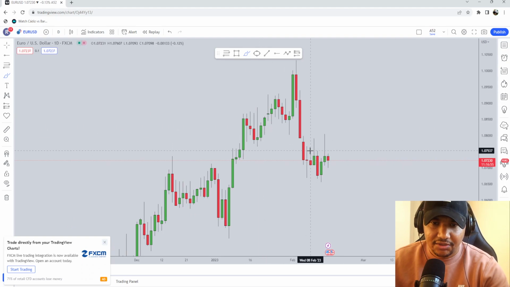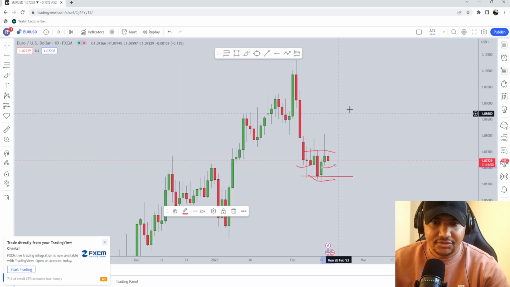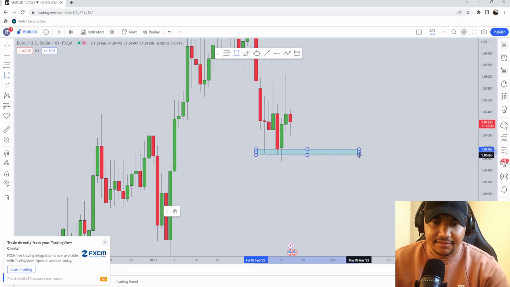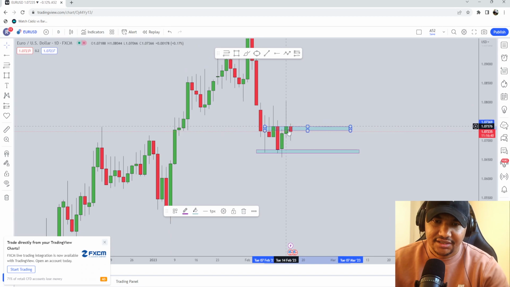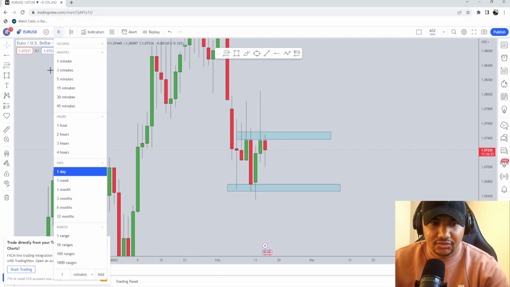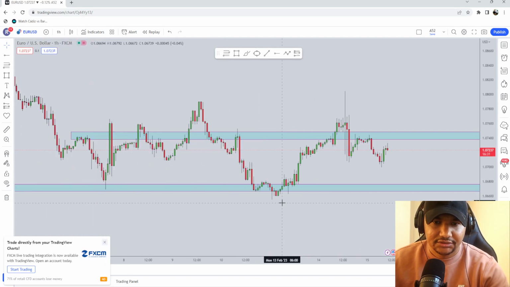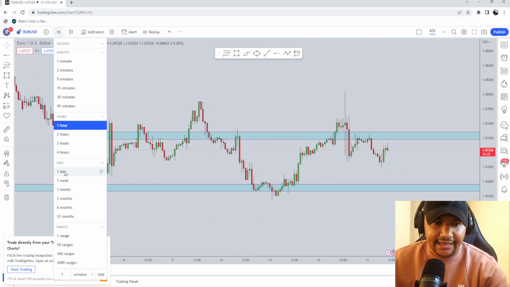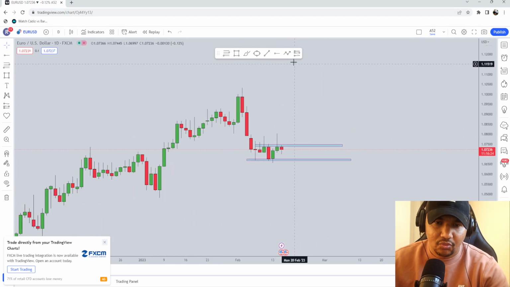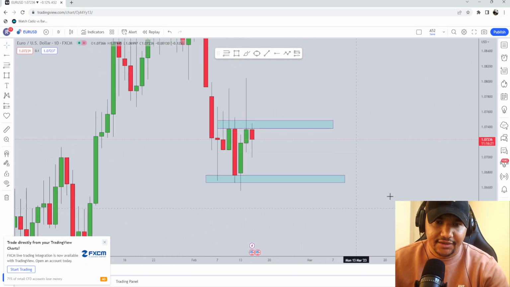As you can see, markets are trading sideways. This does look like an inverted head and shoulders pattern here on Euro USD, but I also just see a sideways moving market. This is just bad. Why would they do this to us? Why would you go and print this massive liquidity wick and then just come back down again?